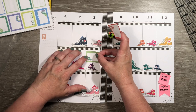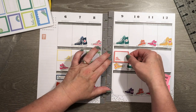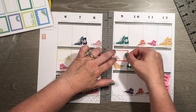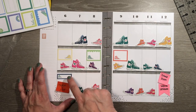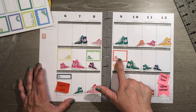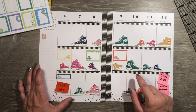Trying to maybe put it between that washi and that shoe. And this will be Thursday's practice. I should have put that on the wax paper first in case I want to take it off, but it is what it is. Okay, so I've got Harvard, I've got church, I've got dance, I've got dance. What else do I have next week? I happen to know